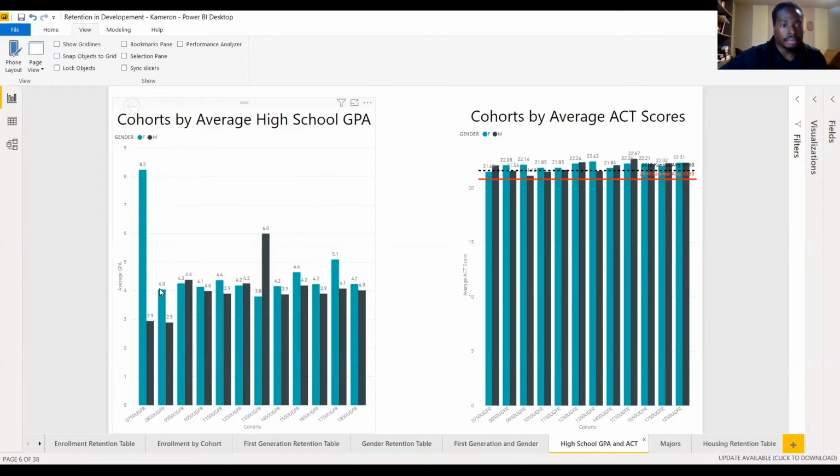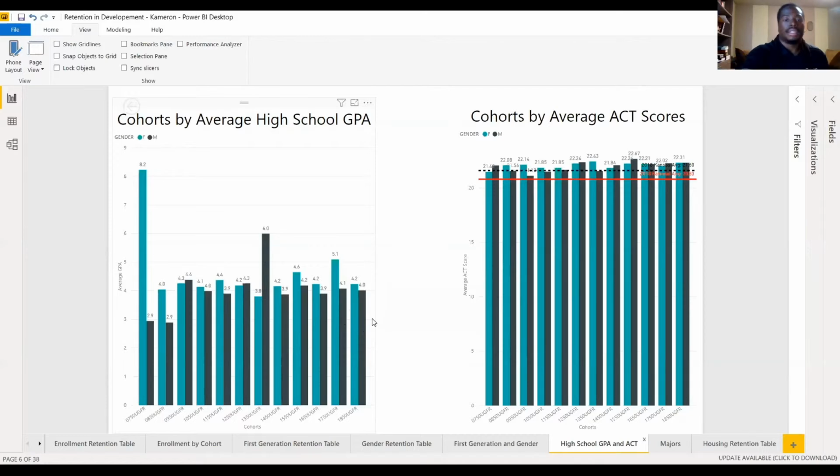Because you see here, 4.0, 4.3, 4.4, 4.0, like, yeah, that's great, but we know that's not the average. Not every student that came into ESU was a 4.0 student. It'd be great if they were, but that's just not the reality of it. 6.0 here, starts to taper off. I'm sure if we continued out and we did 1950 and this upcoming